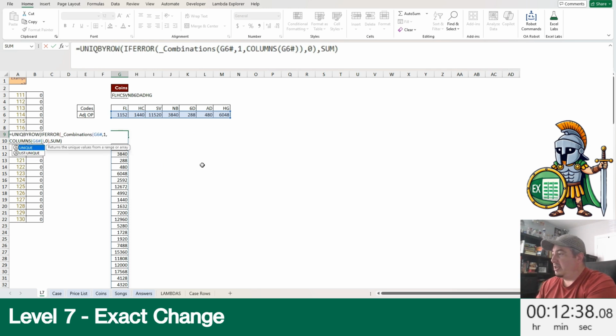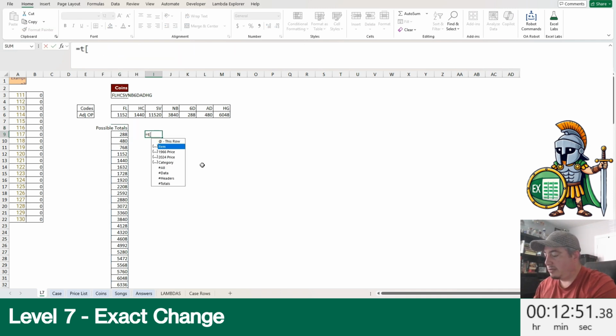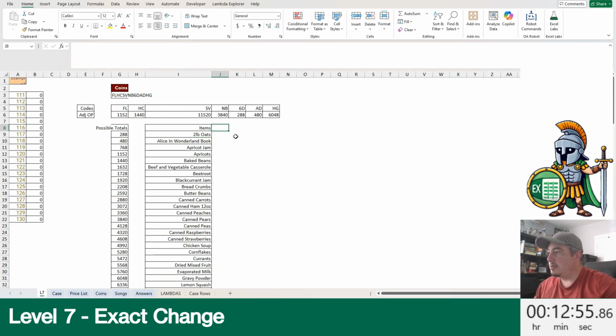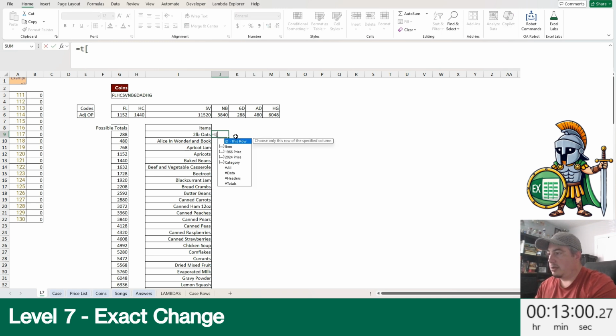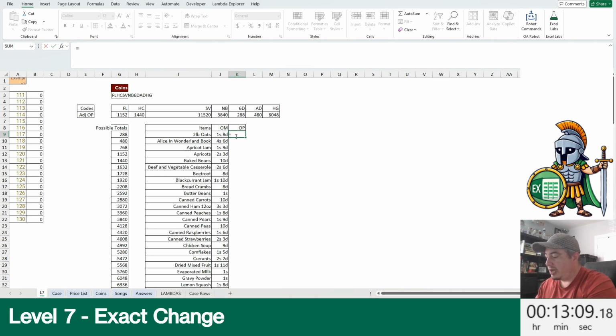Let's make these unique. And so this represents our possible totals. Okay, then we'll take the items that we have, and let's bring in prices. That would be 1966 price. Call that old money. Convert these to old pennies by OM